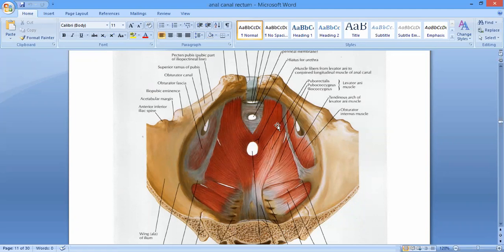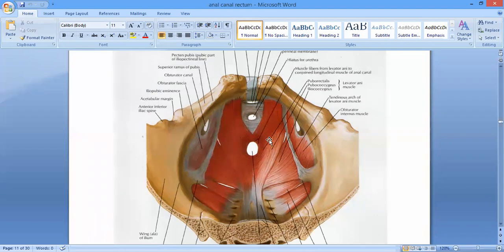So these fibers here, the puborectalis fibers, the pubococcygeus fibers, and the iliococcygeus fibers. These fibers are going to form what? This partition, which is called the pelvic diaphragm, and the muscles which contribute these fibers are collectively named the levator ani